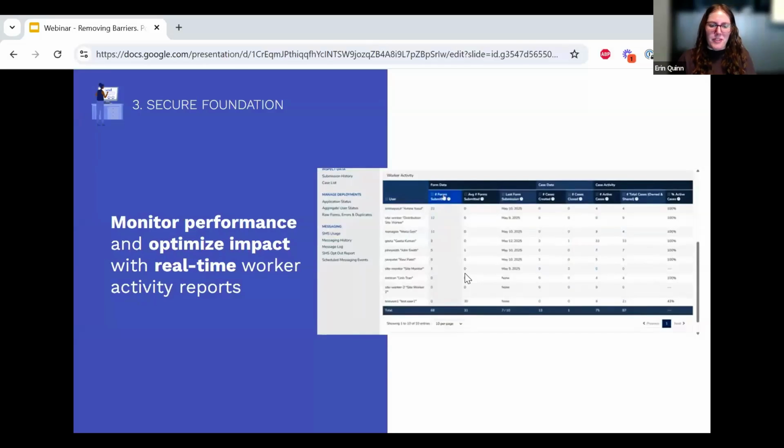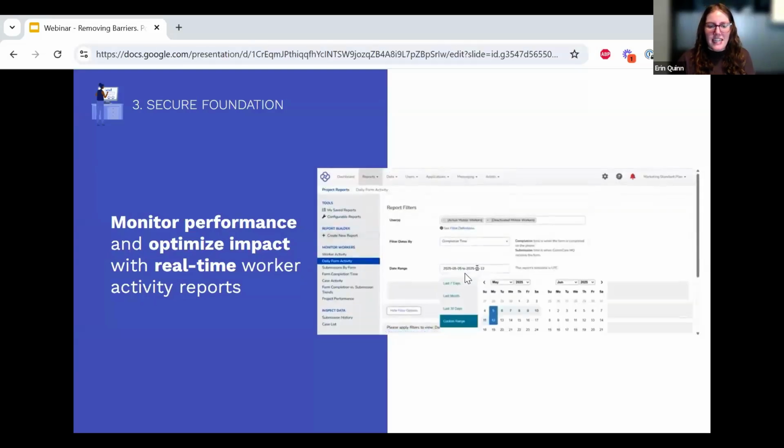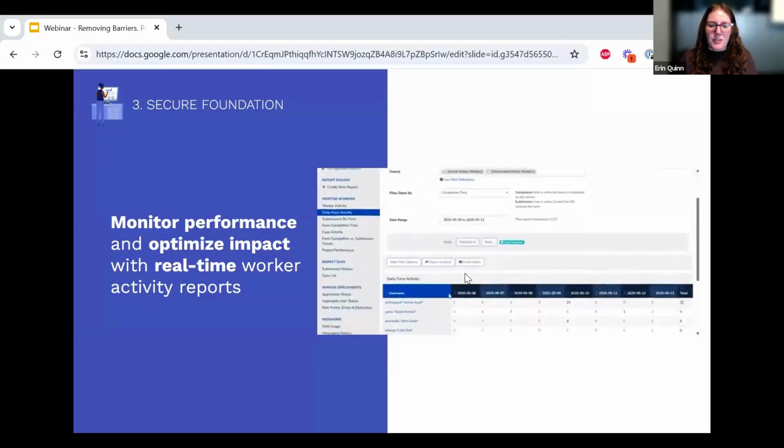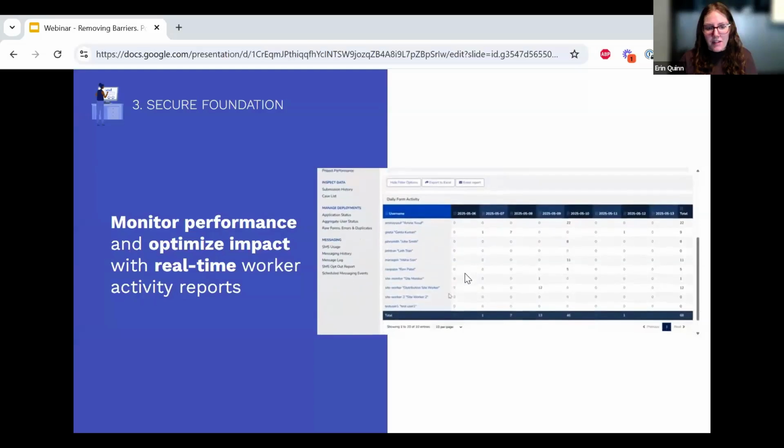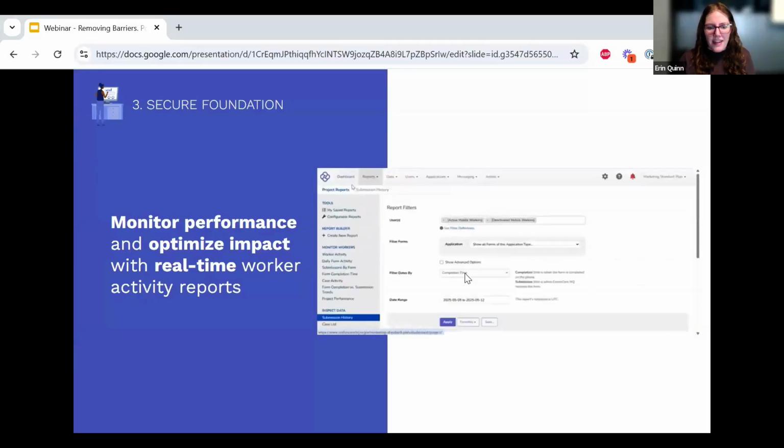CommCare's worker activity reports provide valuable insights into the performance and engagement of field workers in real time. By tracking key metrics like task completion, case updates, and field visits, these reports enable program managers to monitor progress, identify potential bottlenecks, and ensure that services are being delivered effectively.